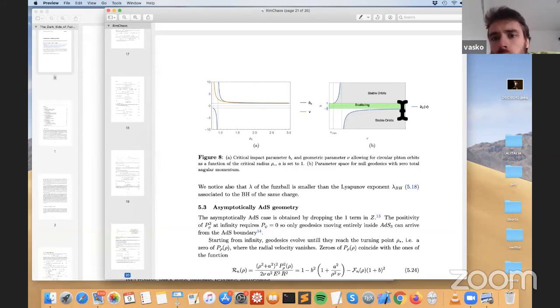Now, the critical photosphere are these two curves, this one and this one. Now you see that they join. They never join, but they asymptotically join in this region and in this region. Then in this region, you can do scattering and almost reach the photosphere of the AdS black hole.